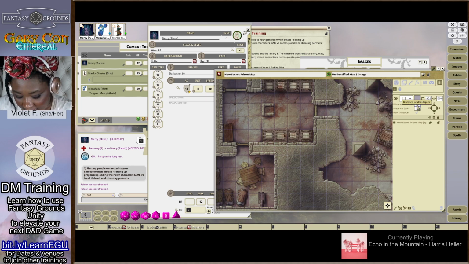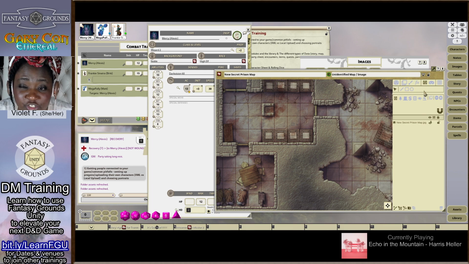Maybe every square is actually 15 feet, and you want hexes. You can do that, or diamonds, or whatever you want to do as well. So you can alter that stuff freely. The last thing I want to show with maps of Fantasy Grounds, besides line of sight, which we showed earlier,